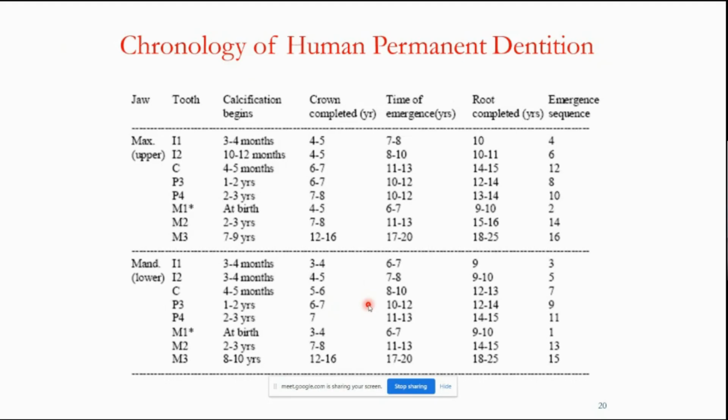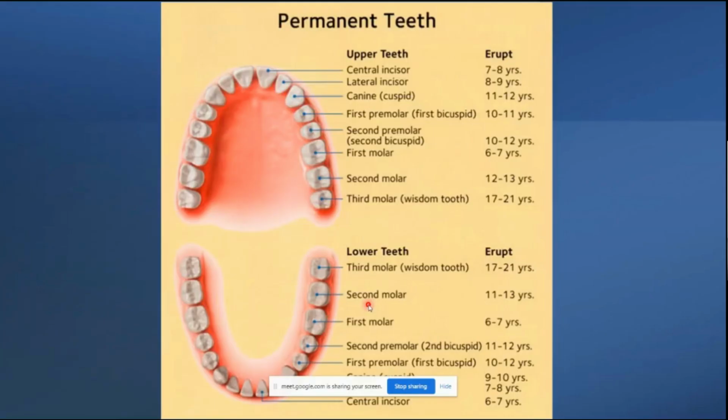It's very important. Okay. When it comes to the human permanent dentition, again we have certain tricks. I want to show you something which I learned when I was a student, and it really helped me. So let me show you how I used to remember. So the first tooth to come out is your lower central incisor. Okay, that is at the age of 6 to 7.